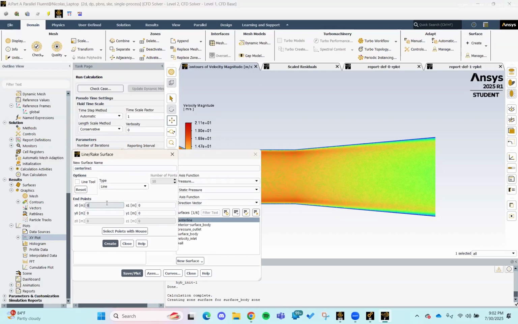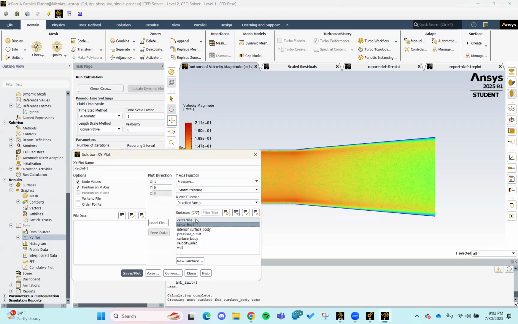And at my center, I just do center line. I believe this was already fine, but at my center line,